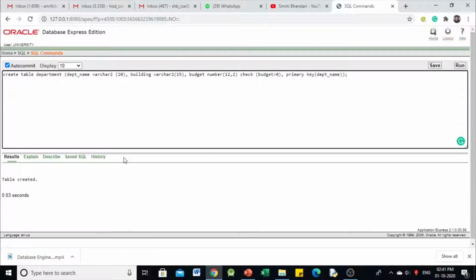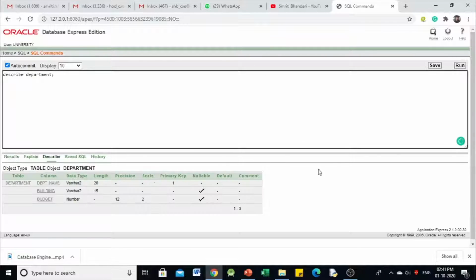Okay, now how to check whether this table is created or not? So we are having the statement describe and name of the table. So let us write here describe department and run the statement.